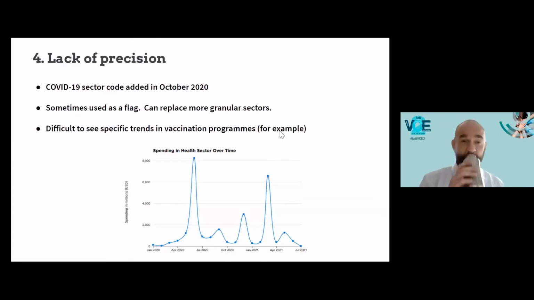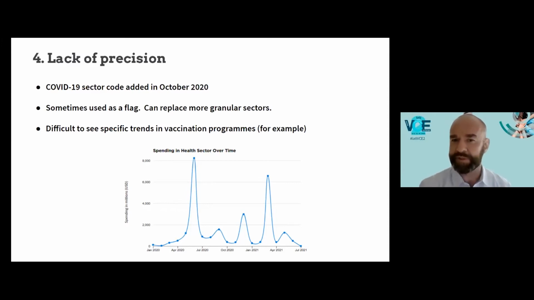A lack of precision. A lack of precision was our fourth challenge. And what we found was interesting and useful here is that as we're discussing on IATI Connect at the moment, the COVID-19 sector code has been made available. It came through the OECD DAC channels and it's been available. But we found sometimes that